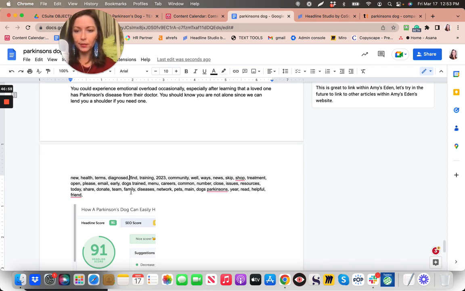Shop, treatment. And most of your articles aren't going to be this tricky. This is a little bit of a trickier one. I'm hoping that most of you guys aren't doing something like this. Parkinson's dog is a little bit tricky, but kind of interesting too. So, okay, I'm going to use